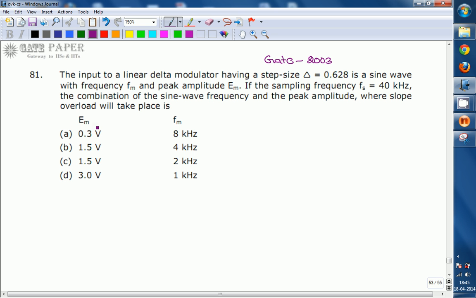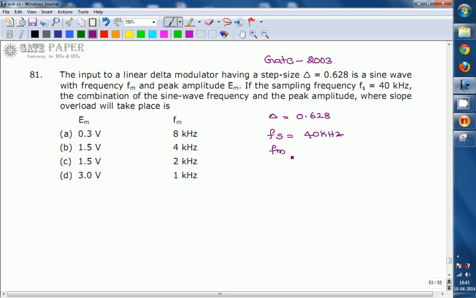Here different peak amplitudes and different frequencies of the given waveform are given. For which combination does slope overload distortion occur for the given data? Now we'll see the solution. The given data: the delta value is 0.628, and the sampling frequency fs is 40 kilohertz, and